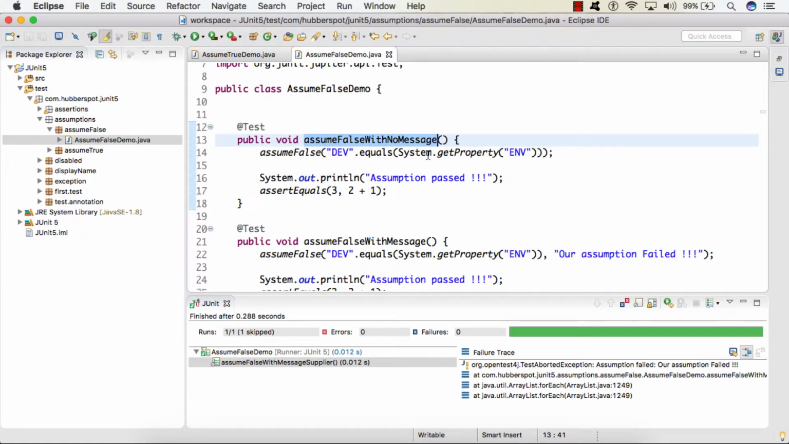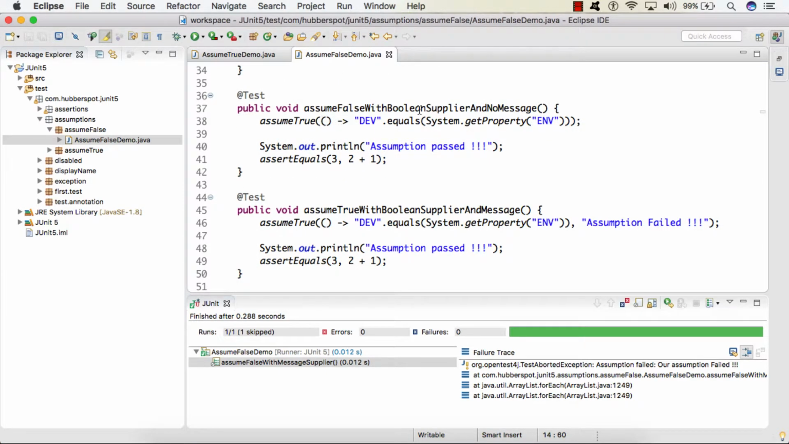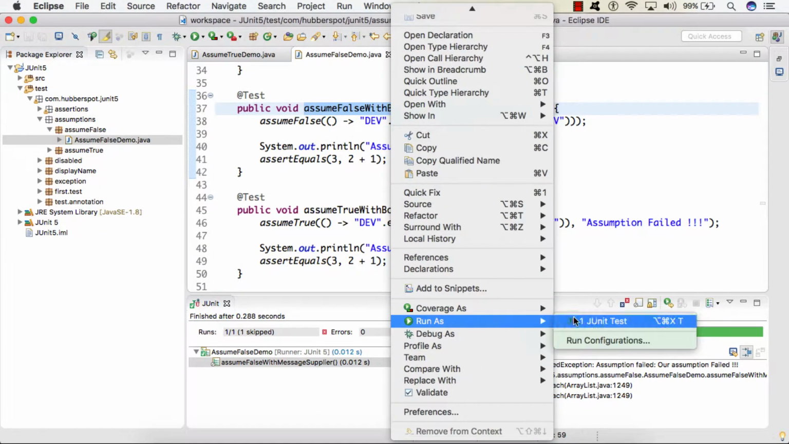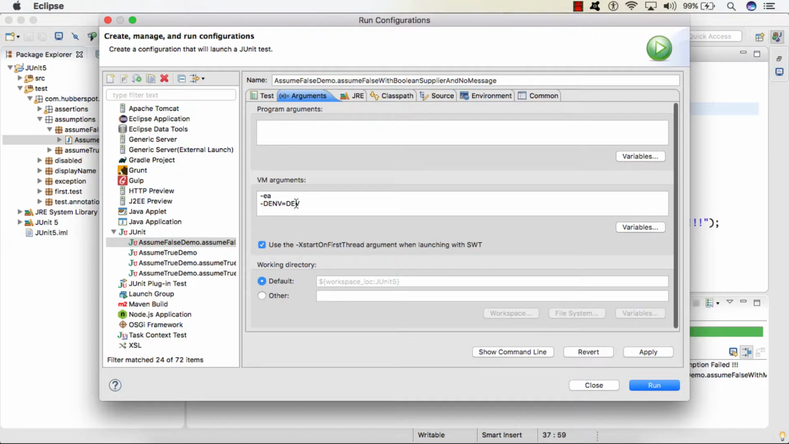So friends, let's see the demonstration of the fourth overloaded method, which is pretty much the same as the first. So here, instead of providing a boolean condition, we are simply providing a boolean supplier. So this boolean supplier will supply a boolean condition. So if I run this test case, I'll change the method name. I will pass the system property, and if I run the test case,